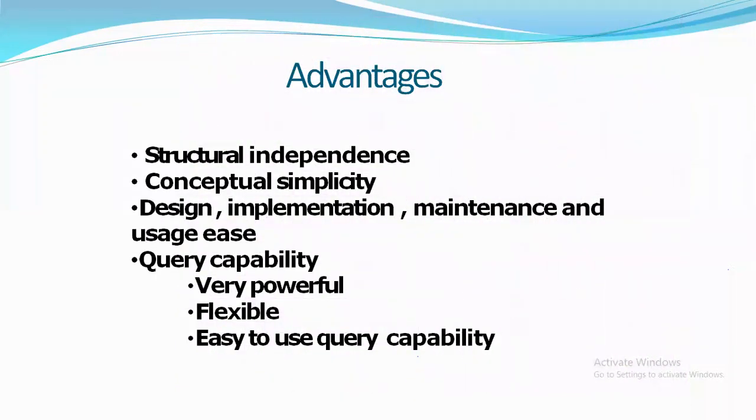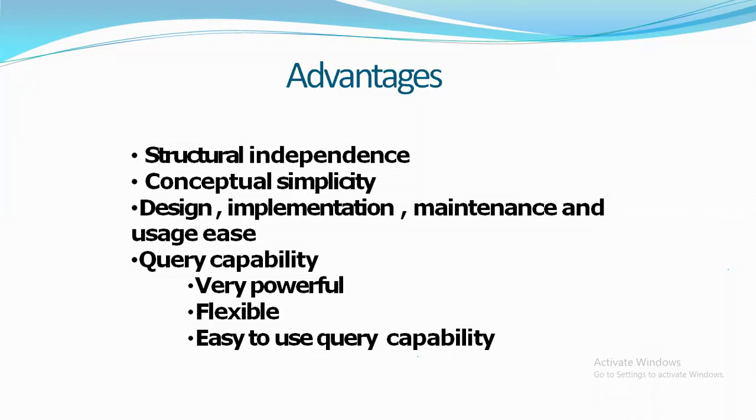There are so many advantages. That's why nowadays we are using this database. The first one is simplicity: simple design, very easy. Row and column representation is very easy compared to graphs and trees. So think of a two-dimensional table, that means rows and columns. Rows and columns are very easy to implement compared to trees and graphs. That's why it has a very simple design, simple implementation, and simple maintenance.